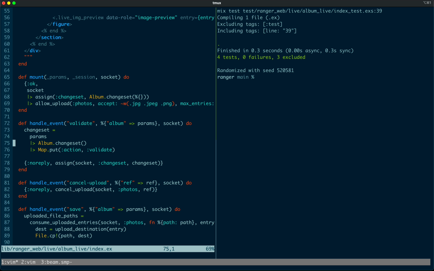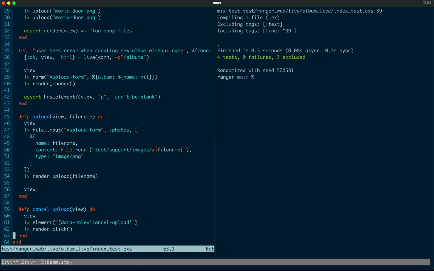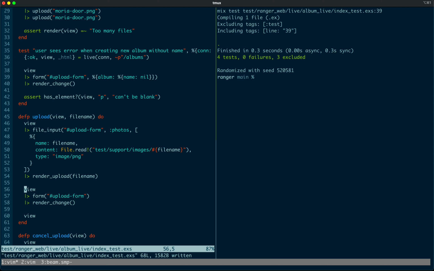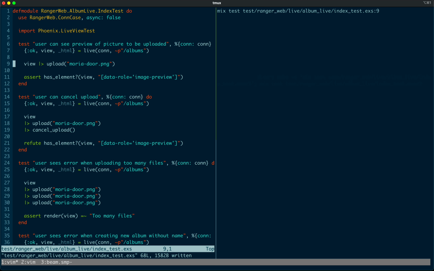But what if we had a form that only has uploads? How would we go ahead and test that? One way we could do that is to go ahead and do a dummy render change on that form in this upload helper. So for example, we could go ahead and call here the form and not pass any data, but just call render change. And what we're doing here is we're ensuring that we have that validate handle event, and it's all encapsulated in this upload helper function. So now if I run the first test,